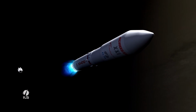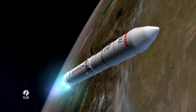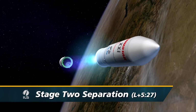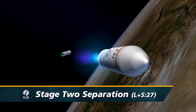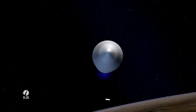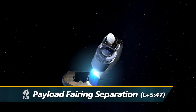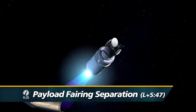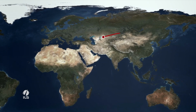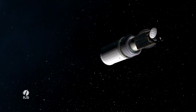As the second stage ignites, 540,000 pounds of thrust is generated for 3.5 minutes, and then stage 2 separates, allowing the third stage engine to fire and generate 131,000 pounds of thrust for 4 minutes. Soon after third stage ignition, the payload fairing, consisting of 2 symmetrical payload fairing halves, separates and is jettisoned from the launch vehicle. Having traveled from Baikonur to eastern Russia at 51.5 degrees north latitude, Stage 3 separates from the